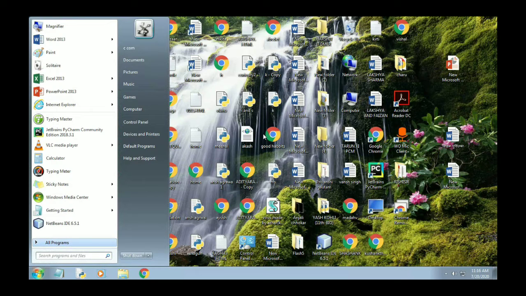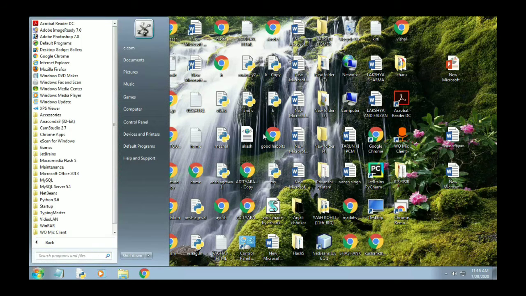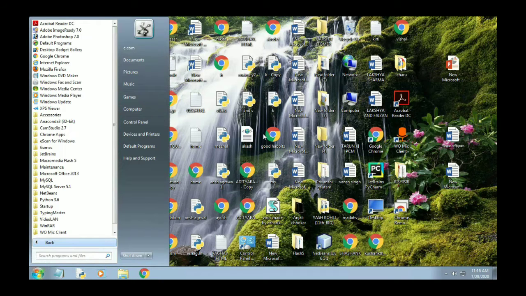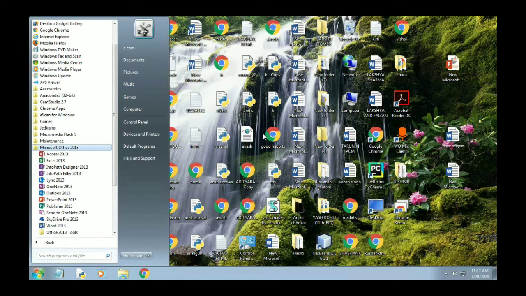If you have installed MS Office, go to Start first, then All Programs, and in the installed programs you can see the folder for MS Office. Here I have the Microsoft Office folder. Just click over the folder and you will find all the applications of the MS Office suite.